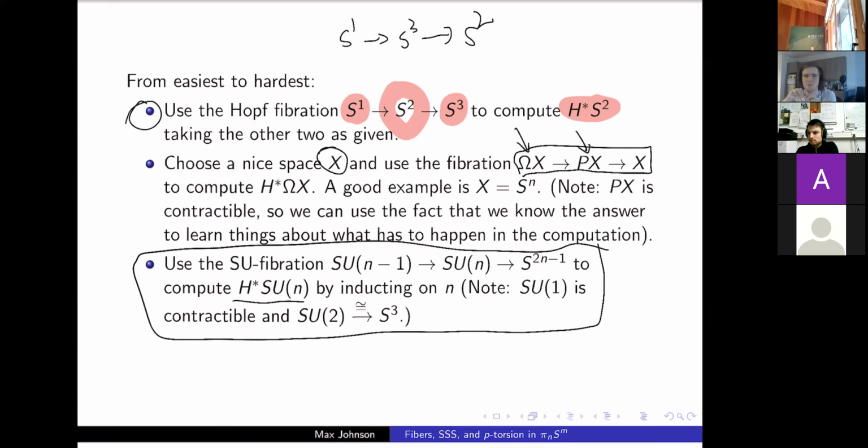If you want an intuitive explanation for why this is true, I don't have one, but just know that there are a lot of ways to break up the homotopy groups of spheres to make computing them easier, one of which is this J homomorphism. And it turns out that